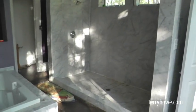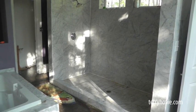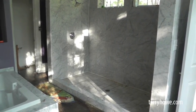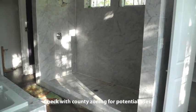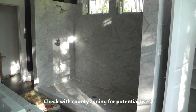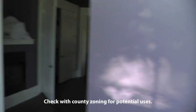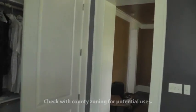Look at that shower. I could park my pickup in it and give it a bath. And then it has a jacuzzi tub. Could you imagine this, a bed and breakfast, people coming in, or maybe a wedding party? They could spend the night before. Maybe